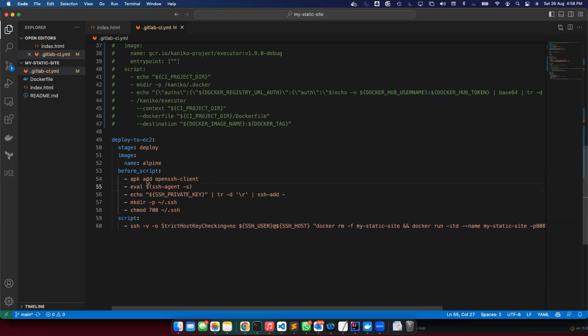So I'm saying apk add, so I'm installing the OpenSSH client. Then I'm saving my private key to the SSH agent. So I'm saying ssh-agent, I've started the process, and I'm saying ssh-add, and this ssh-add will go and add that private key. Then I'm doing some mkdir of .ssh, and I'm giving some permissions, and then I'm eventually running